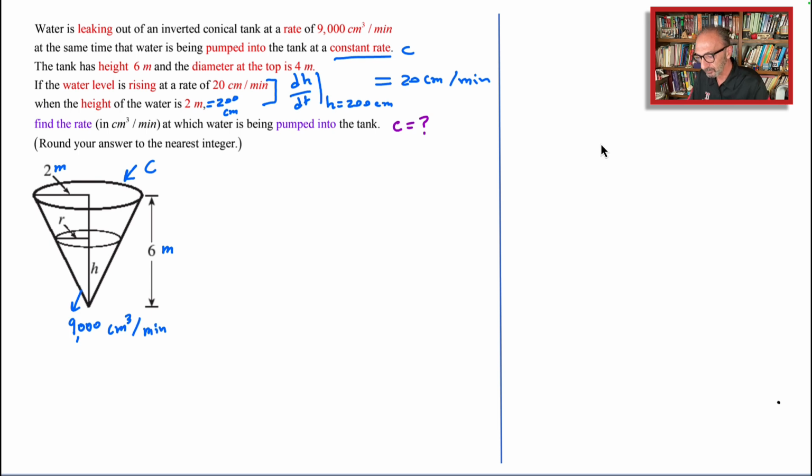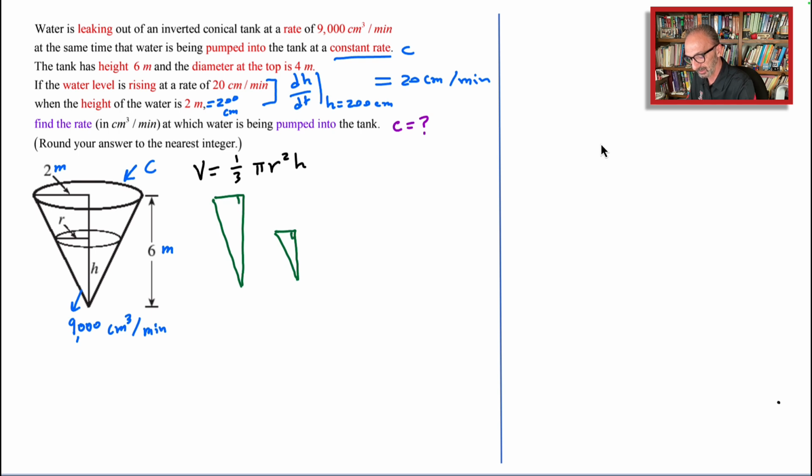Now, the volume of this cone is 1/3 pi r squared times the height. And we know by similar triangles, the triangles are graphed, so let's try to show them on the side. That's the large triangle, and this is a small triangle. If you don't know which triangles we're looking at,